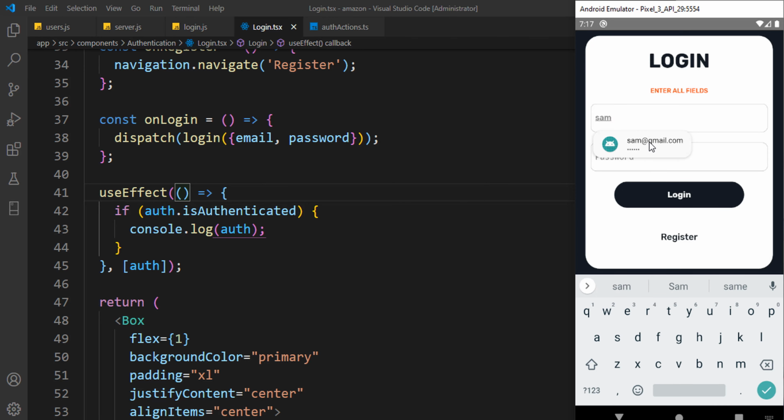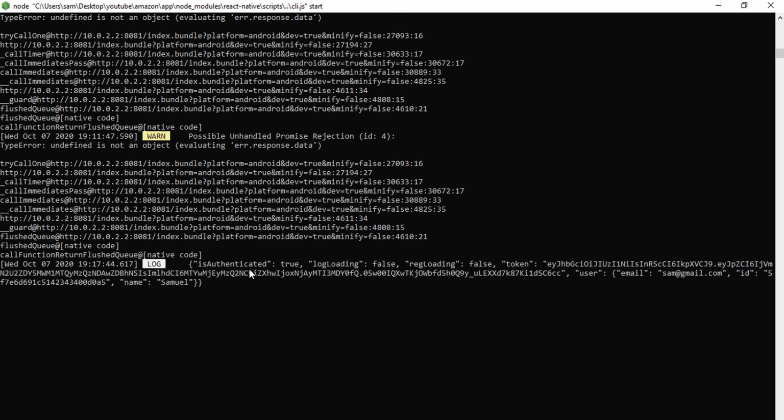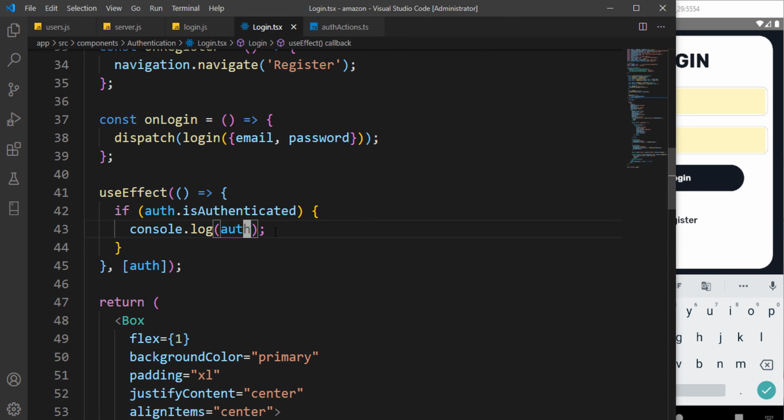And let's log in and check in our console. So in our console, you can see the user is authenticated and the loading is false. The token was returned and also the user was returned. So what I simply want to do right now is set this token to our local storage. So the way we can do it is we are going to create a method called setToken,